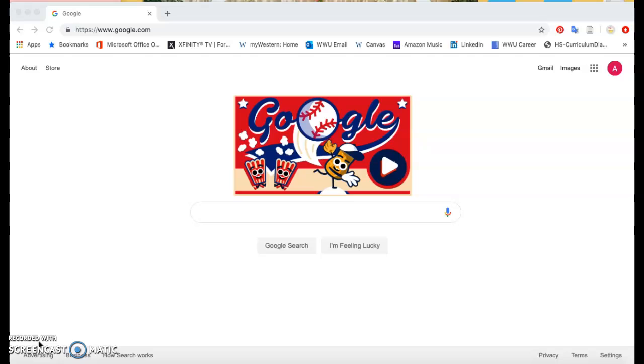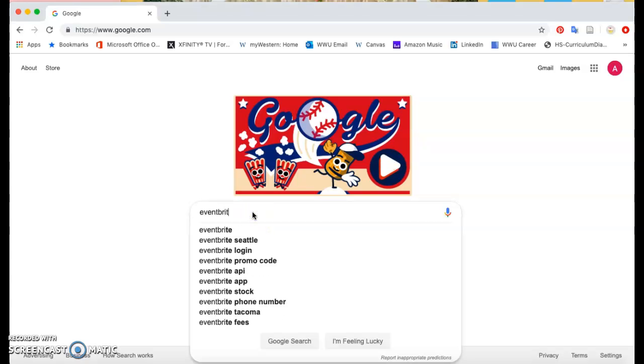So we will be using the Youth Council Youth Summit as the example for this. It's a good way to keep count of how many people have signed up for attendance. It'll say technically you're selling tickets, but you can put that they're $0. It's a good place to house any extra information for your event, where people can go and look in one place for it all. So we're going to type in Eventbrite,